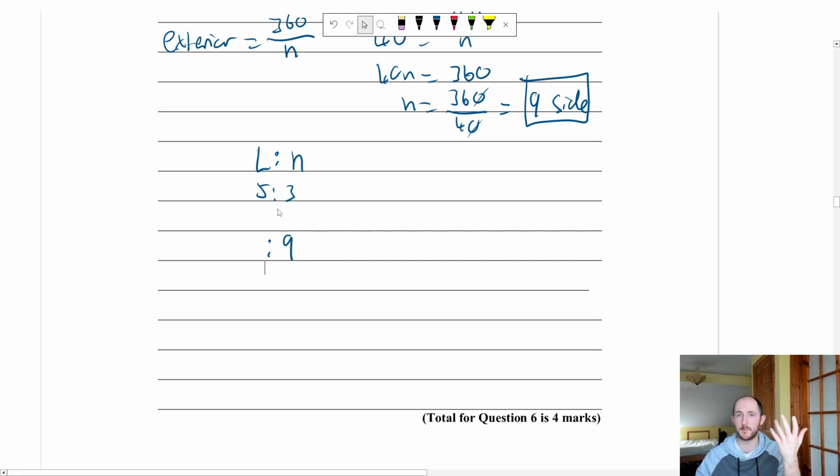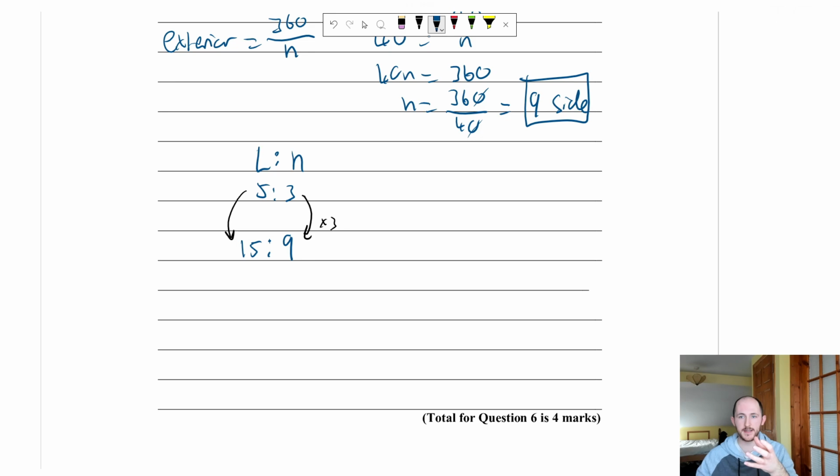So it's obviously been simplified because the number of sides is not 3, it's 9. So how do I go from 3 to 9? I multiply by 3. So how do I go from 5 to whatever this is? I multiply by 3. 15 to 9. So in other words,